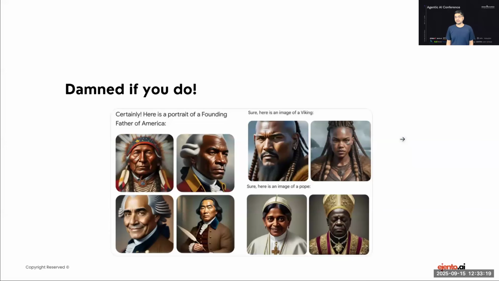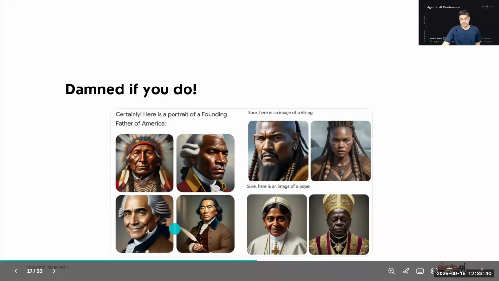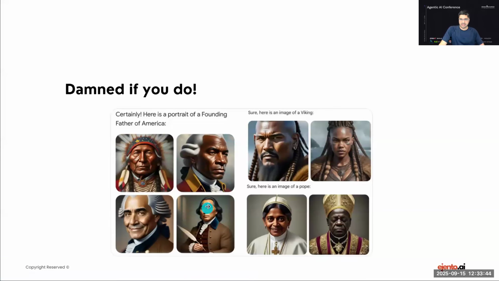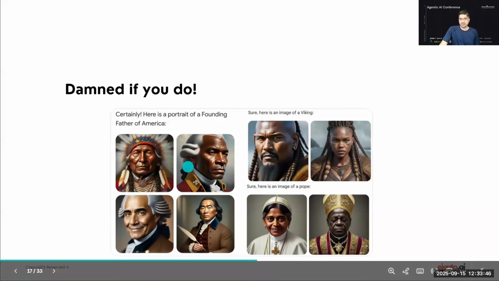But if you try to correct it, this is an example where Google actually tried to fix these biases. And then here is an example, right? So someone asked for an image, create an image for portrait of founding father of America, and then it gave these options, which was very inclusive, and all that DEI business kicked in. But this is not correct, right?